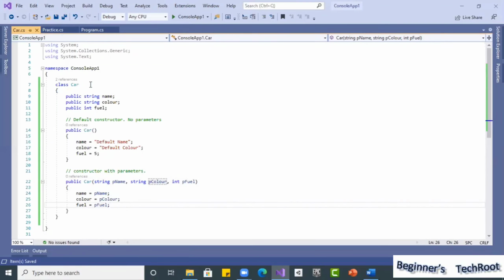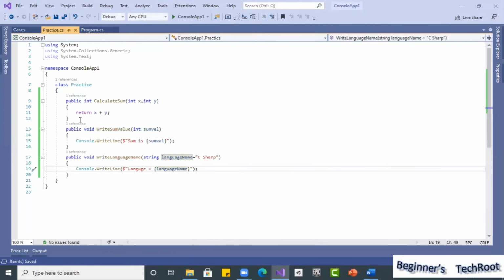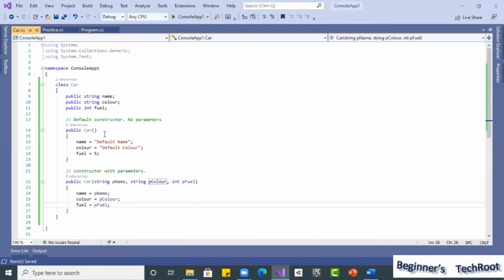Now I will use this Car class, and then we will see how this constructor works. In the previous example, if you see, there is no constructor here. We didn't use any constructor. In this example, I am using only the constructor, and I'm showing you how it will work.